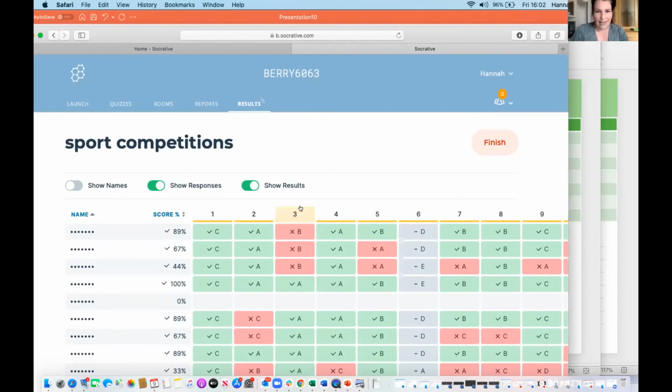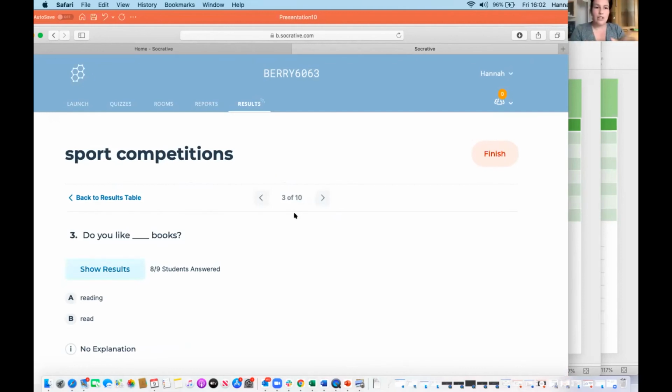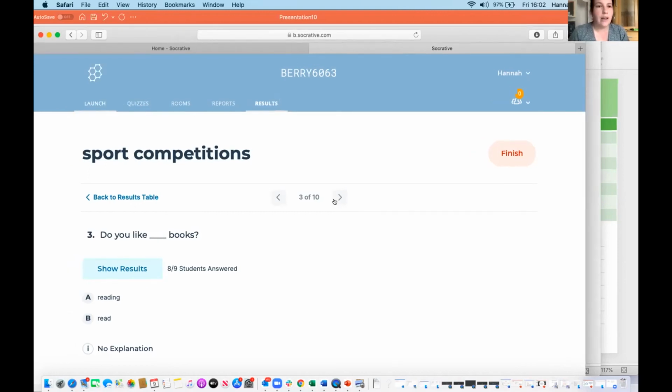But if I saw this question 3 and I saw, okay, a few students are getting this wrong, let's have a look at it together, you can just click on the question and it brings up the question itself and you can go through it together. So I quite like doing that at the beginning of a lesson. So I'm just going to stop this one and show you how to very quickly